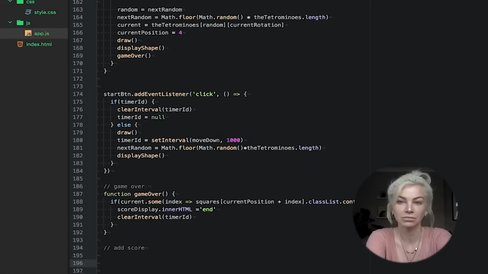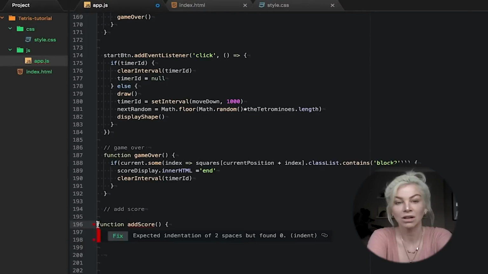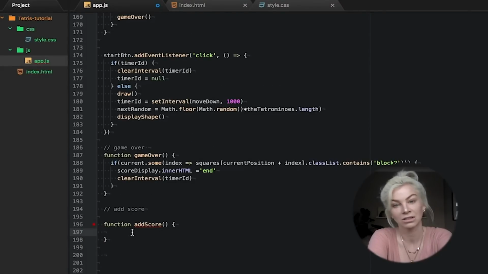And finally, we can write our add score function. This function will add 10 to our current score each time it is executed or invoked.